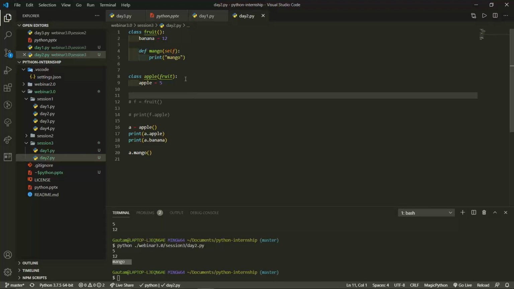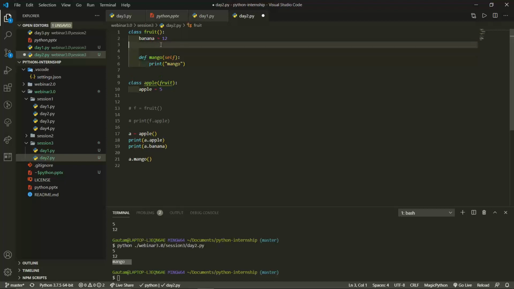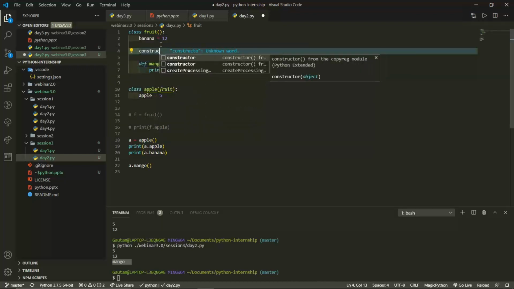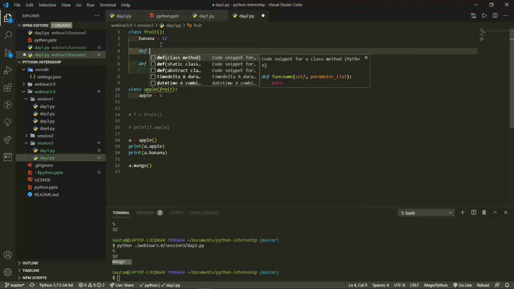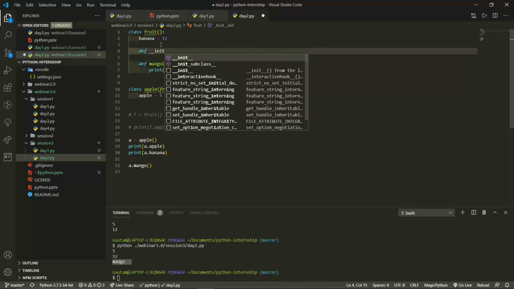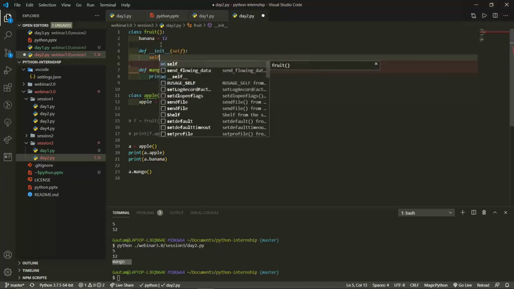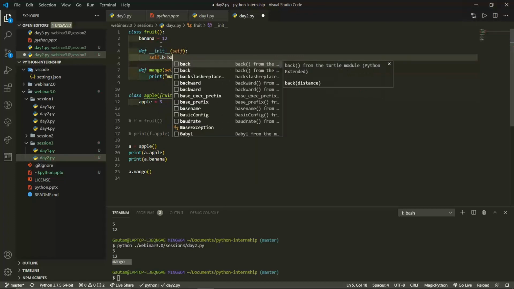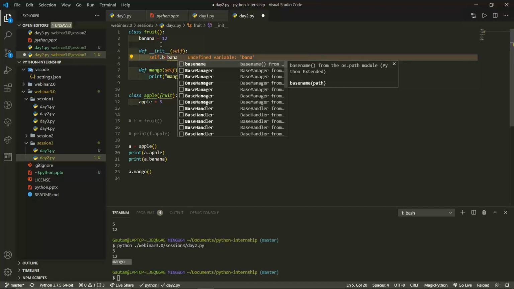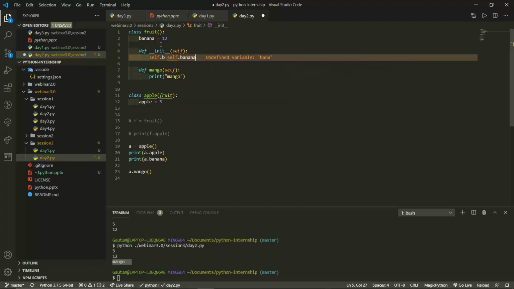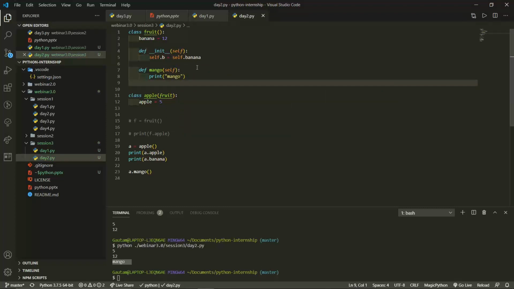Now if you want to use the constructor, like if I define the constructor, let's go with init, and I will remove this and write self dot b equals to self dot banana.